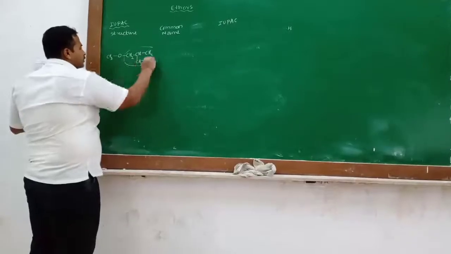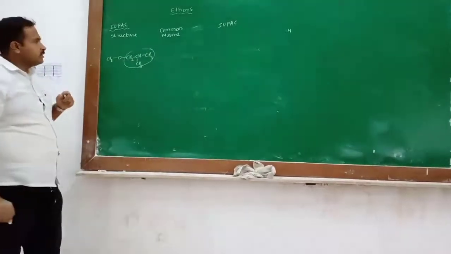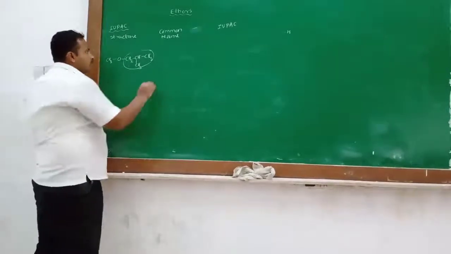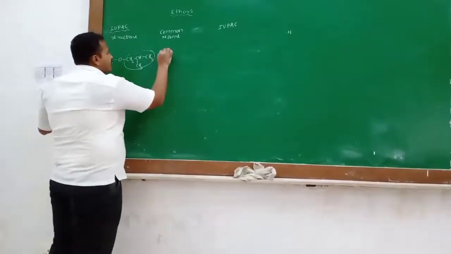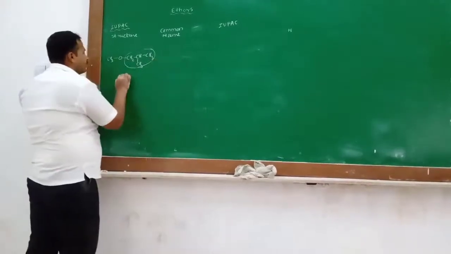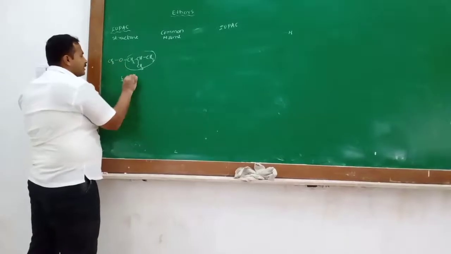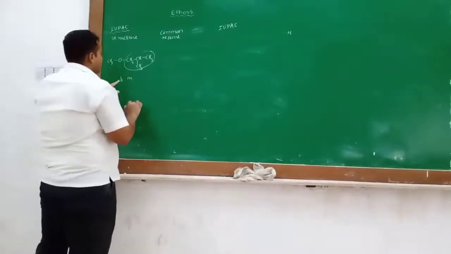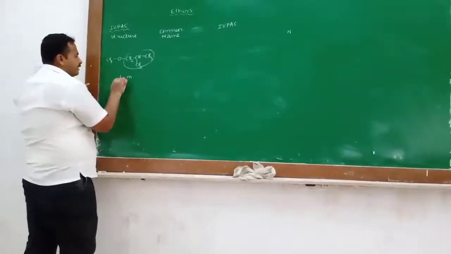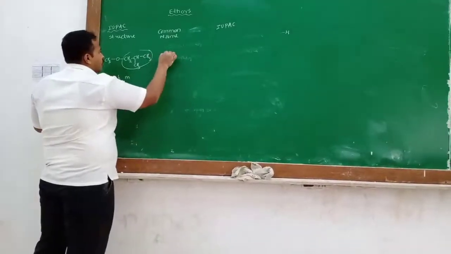This group is a butyl group, and this group is an isobutyl group. The common name: isobutyl starts with B, methyl with M. B is first in alphabetical order as compared to M. Therefore, the common name of the compound is